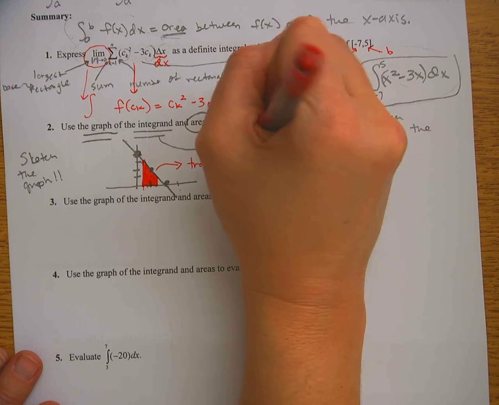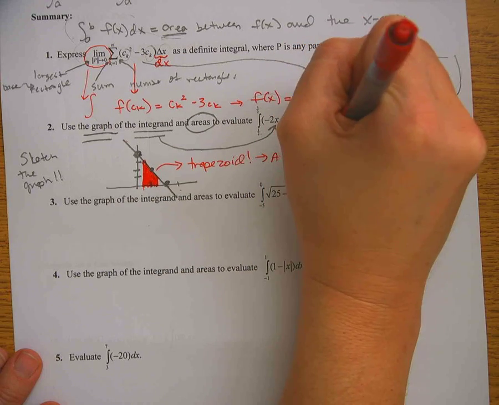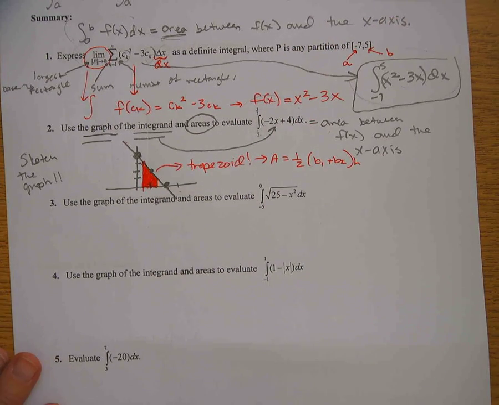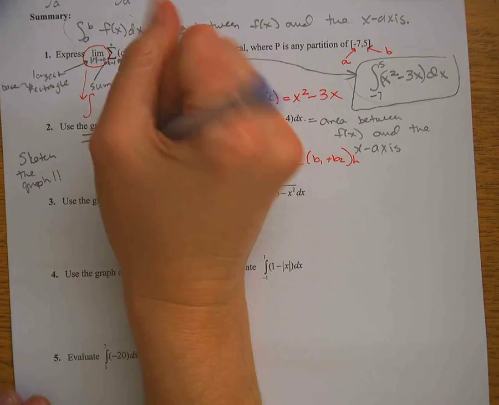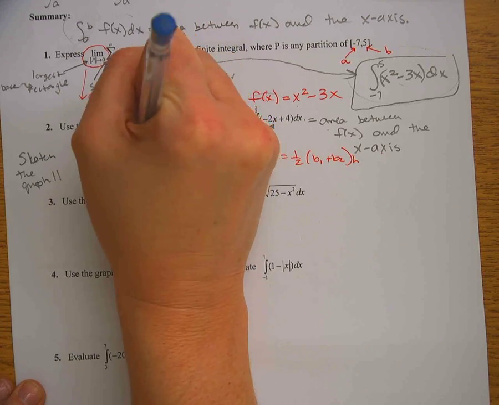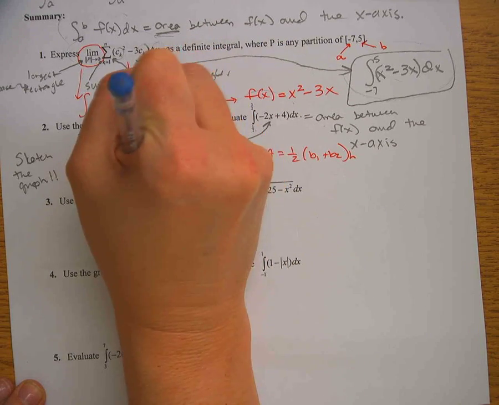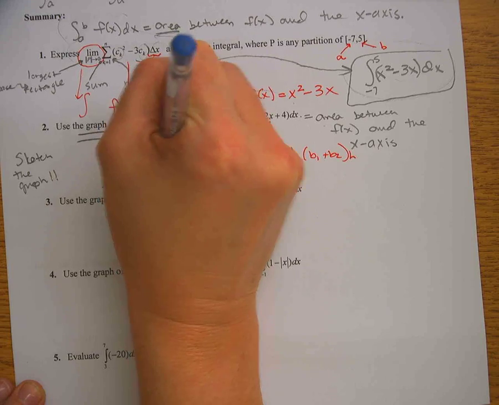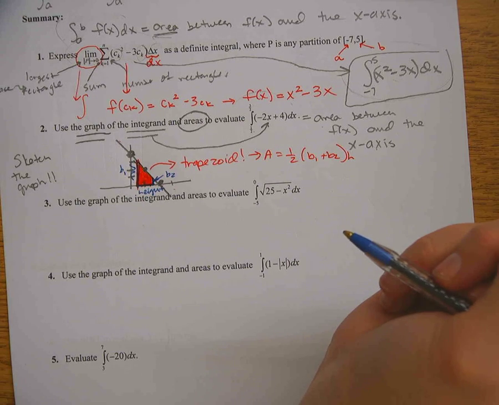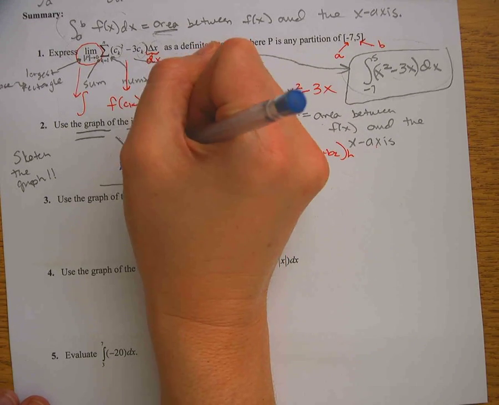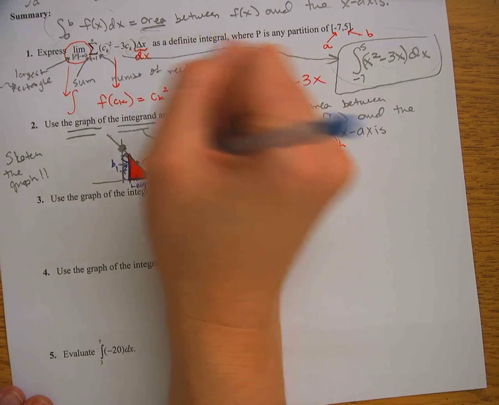So the formula for the area of a trapezoid is 1/2 base 1 plus base 2 times height. Let me use a different color. This right here would be base 1. And this little guy right there would be base 2. This right here would be the height, and you're probably wondering, why is the height on the x-axis now? It's just the way this trapezoid is on its side, I guess you could say. So that's why. So I've got 1/2 of base 1 plus base 2 times the